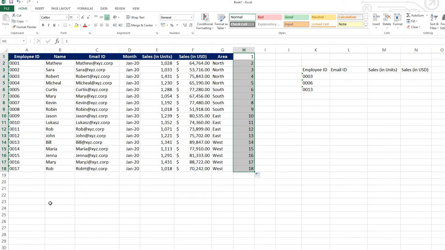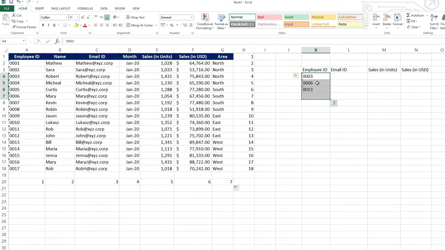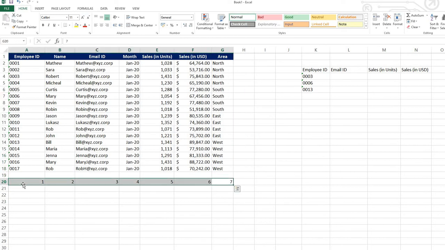And this would be the second row, this would be third, and so on. For column index, the same logic applies. If I start selecting the table from employee ID, this would be my first column, this would be my second, and so on. Now that we understood the 2 important aspects, which are the unique value to be looked up and the defining of the row and column index numbers,